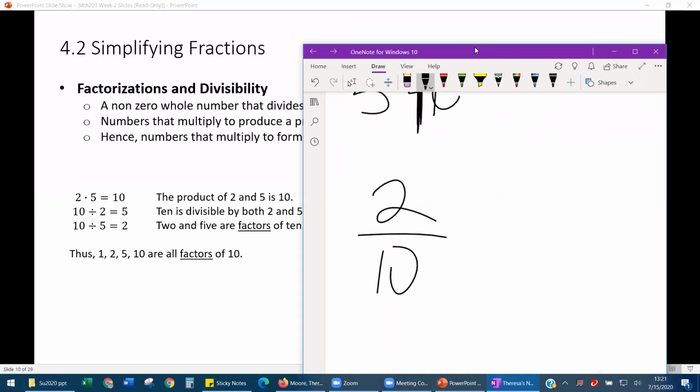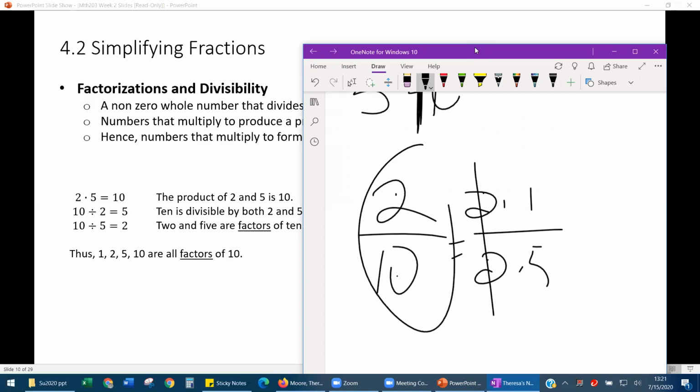two tenths. Well, I know the 10 is made up of 2 times 5, and 2 is made up of 2 times 1. So 2 is a factor of 2. 2 is also a factor of 10. I can cancel it from the fraction and go from 2 tenths to 1/2. So that's the idea behind